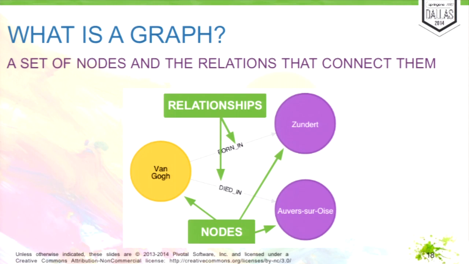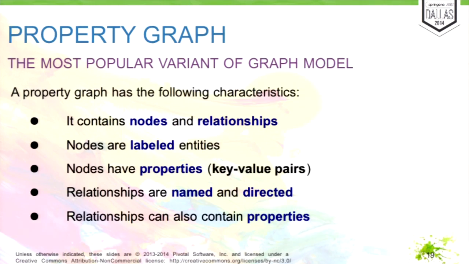What is a graph? In general, it's really a simple data structure. It's a data structure made of connected entities. What we have is something we call nodes. Usually in your object model, you'd see these as objects or types, or as entities in your entity relationship diagram. These nodes are connected with relationships, and the relationships are an important aspect of a graph database. That's more or less what a graph looks like.